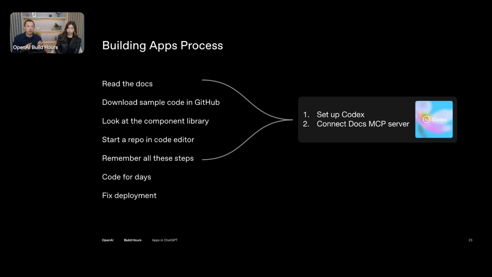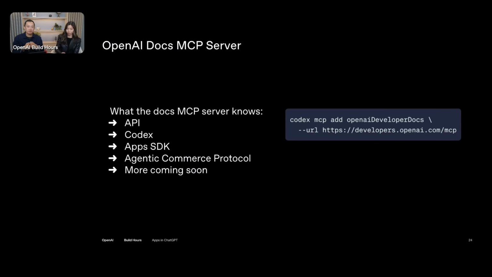So at this point, we have one more slide. Just want to quickly highlight that we have our Docs MCP server. As I mentioned earlier, MCP enables AI clients to have additional information and context and take actions on behalf. What our Docs MCP server does is you can load this into Codex directly, and it has all that context on how to build with OpenAI in an AI enabled way, for the model to understand how to hit our API or scaffold out code, things of that nature.